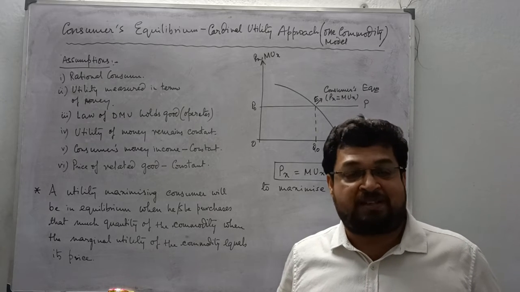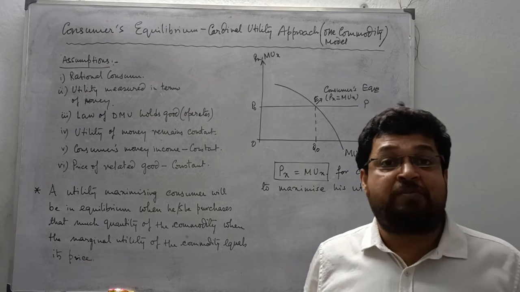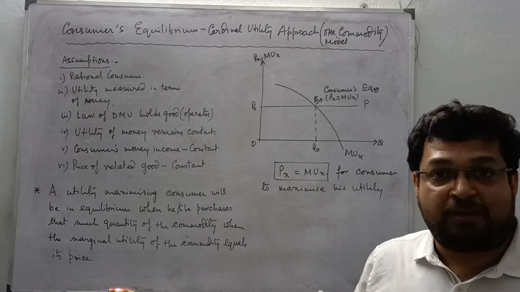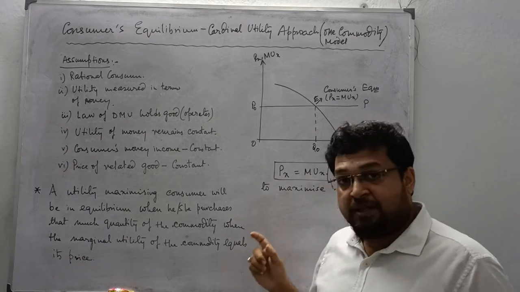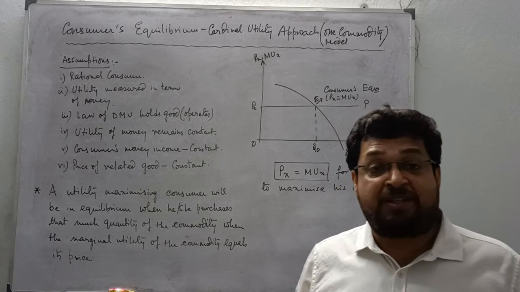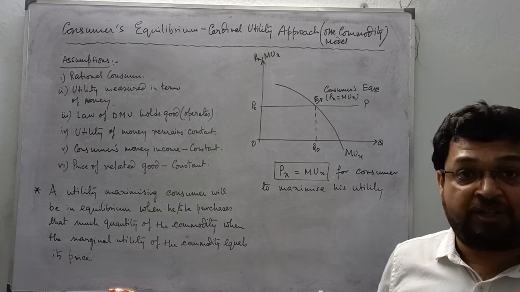He tries to attain it through different processes, but theoretically, the consumer will attain the maximum utility, or is said to be in equilibrium, when the marginal utility derived from a commodity for one additional unit consumed